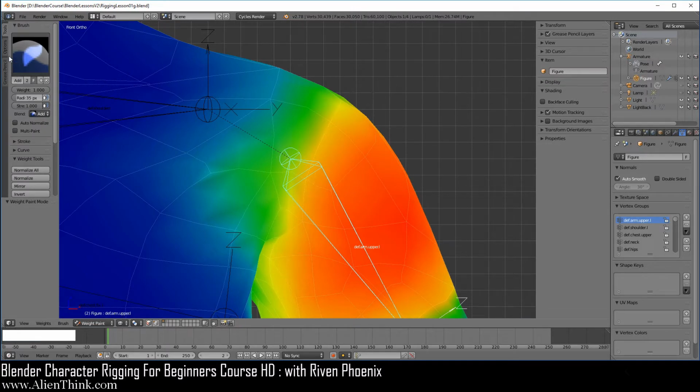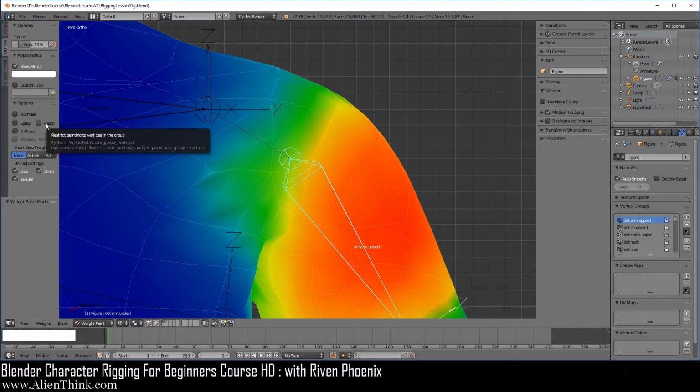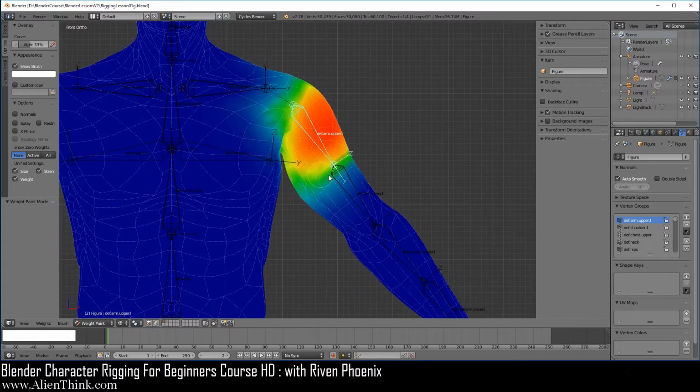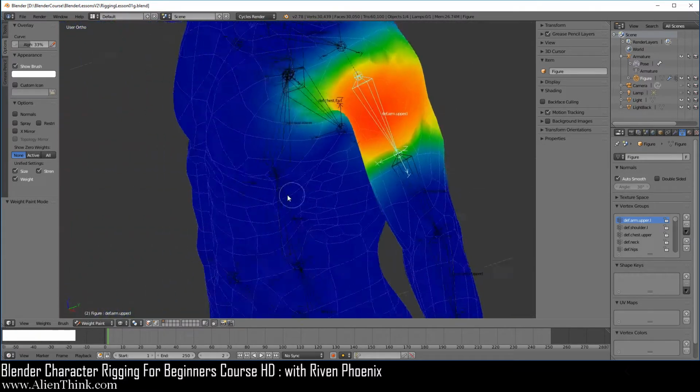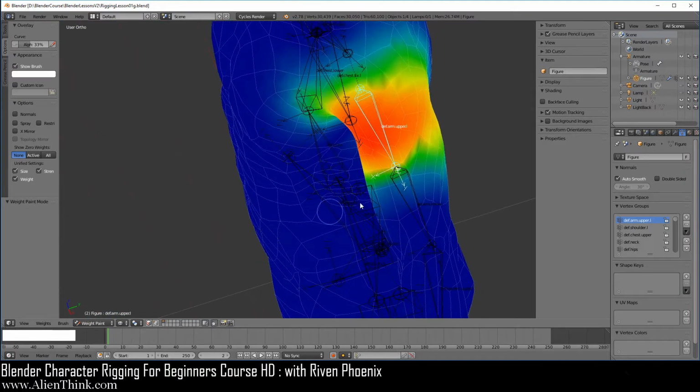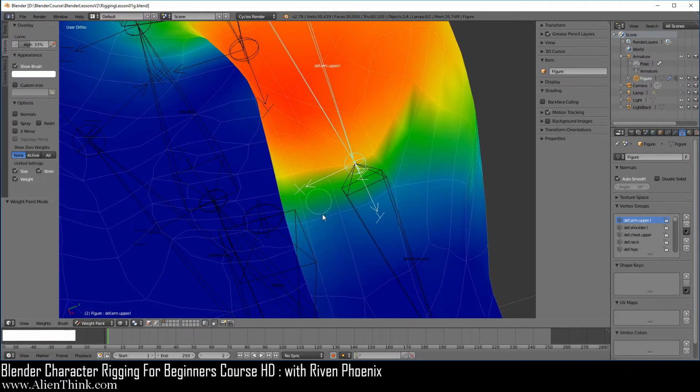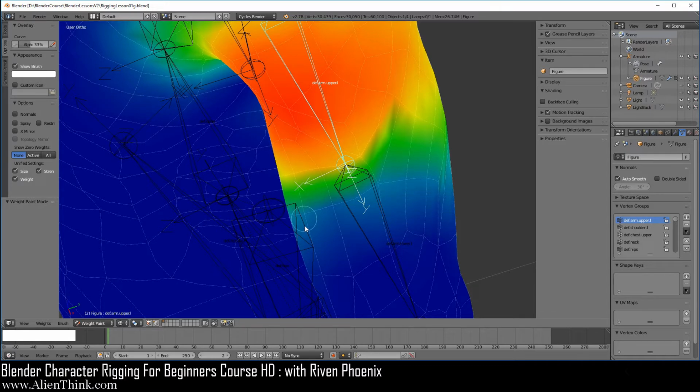So what we're going to do now is take a look at this concept where it says restrict. Now this is something that you're going to be using quite a bit, and what you want to understand about this is that you can forget that you have this on, and it can cause confusion a little later on. So first zoom out, do shift middle mouse button, and go ahead and now rotate this figure kind of like this. Okay, now just imagine that we are working here on the arm and fixing a few issues, and we need to get to this vertex.